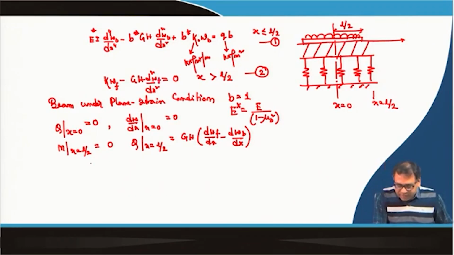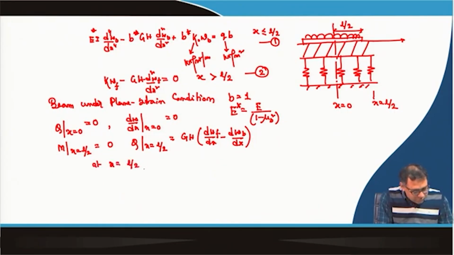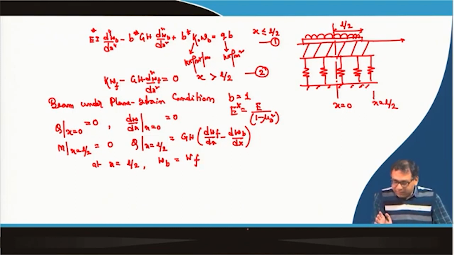This is the boundary condition for equation number 1, and another boundary condition is that at x equal to L by 2, W_B will be equal to W_F. So, these 5 boundary conditions you have to use,